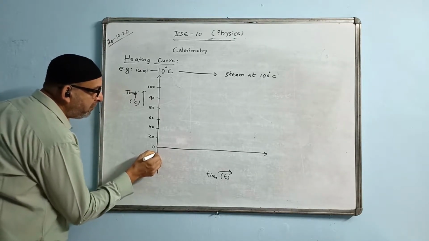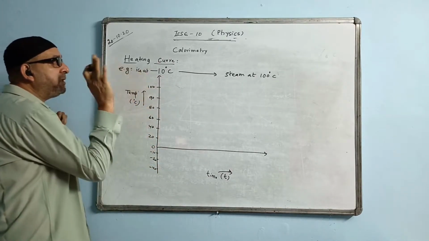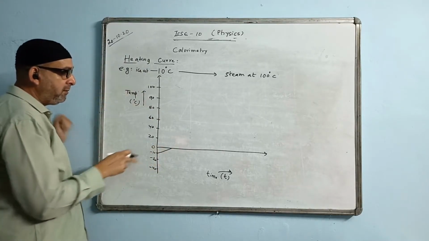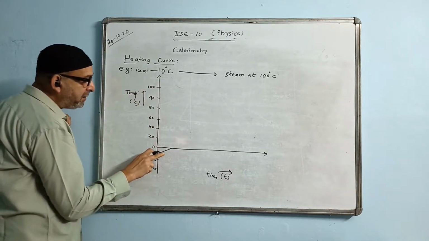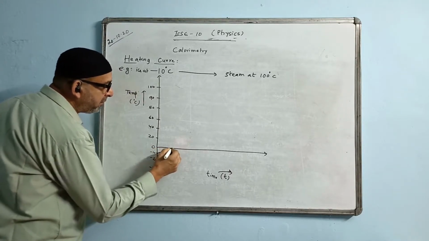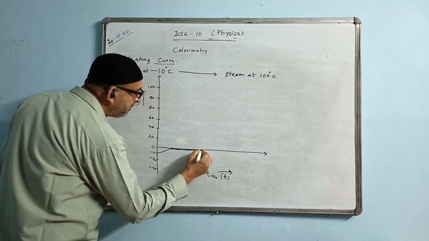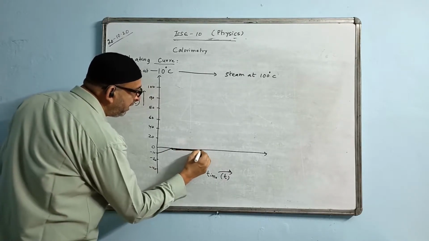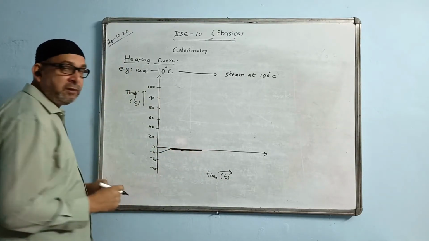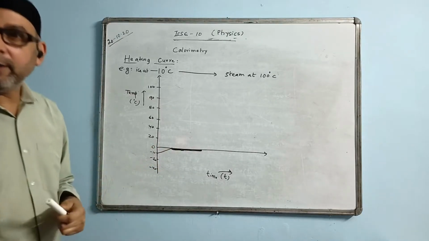So when you start heating the ice, it will not change its state at minus 10, it will change its state at 0 degrees Celsius. So you have to draw a line like this, showing the change this way. That means the temperature of ice is increasing until it comes to 0 degrees. Now here at 0 degrees Celsius, the melting will start. So melting will be taking place here, and you have to thicken this line. This part will represent change of state, and it will take longer time than the rise of temperature.